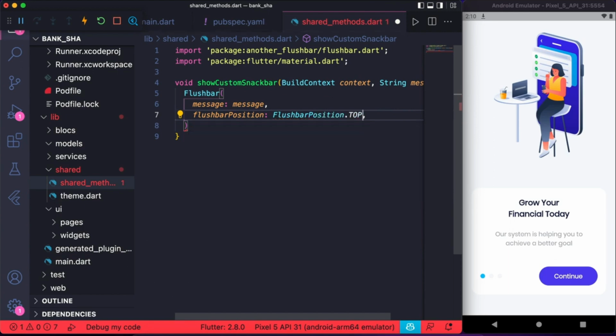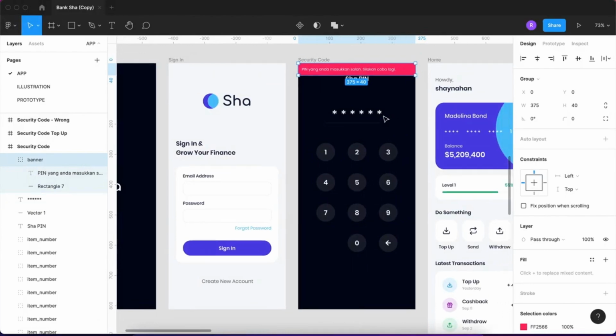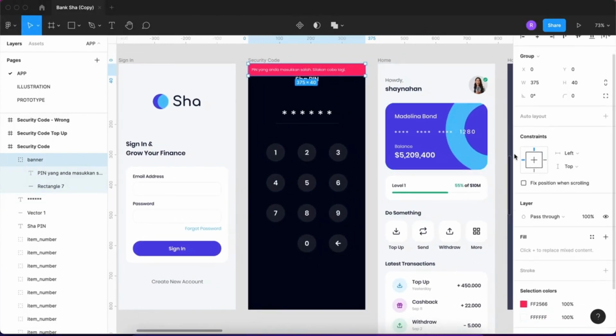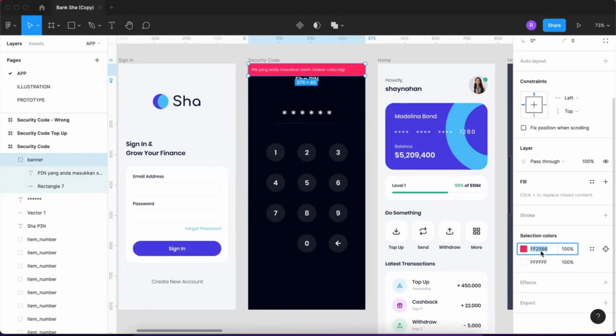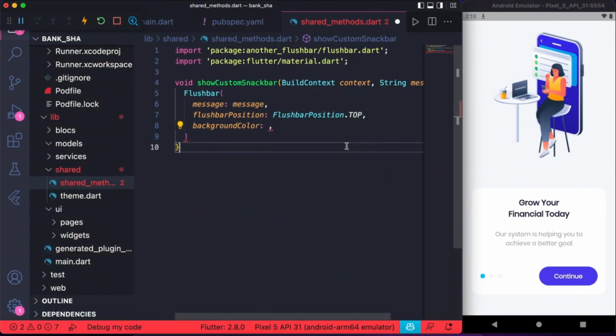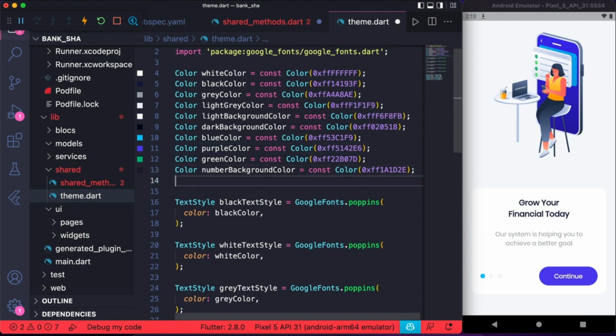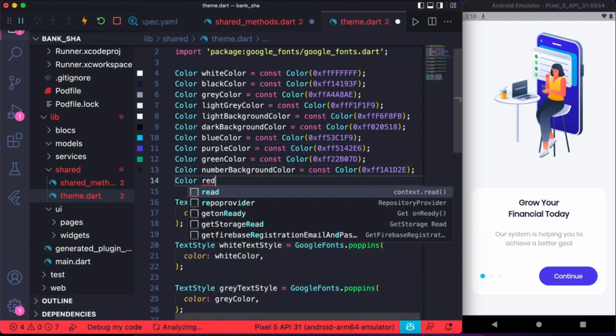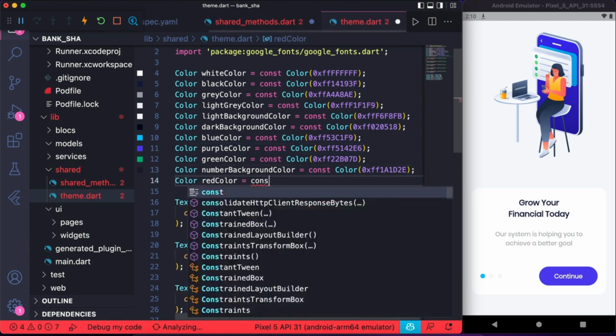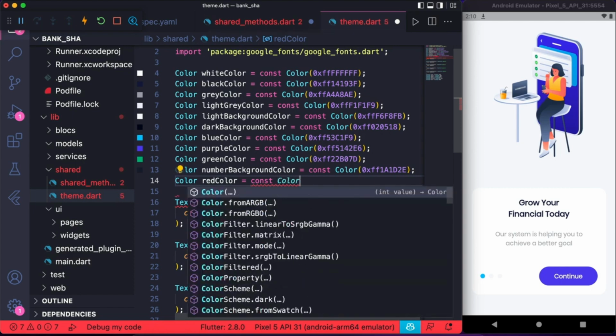Then here we just need to call Flushbar first, and for the message, we pass the message. Then for the position, we can use the Flushbar position top, so that it is at the top. Now for the background color, here we will use red.